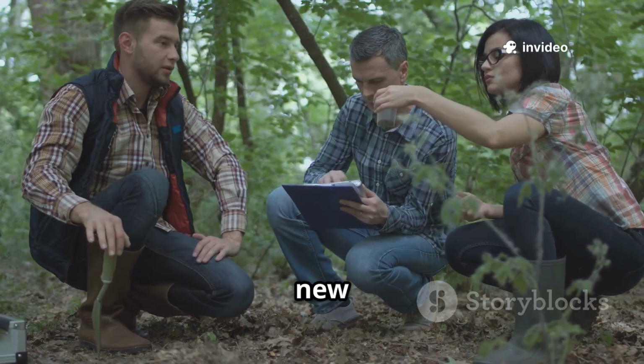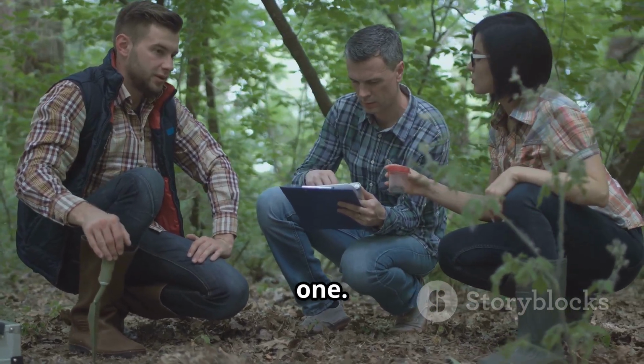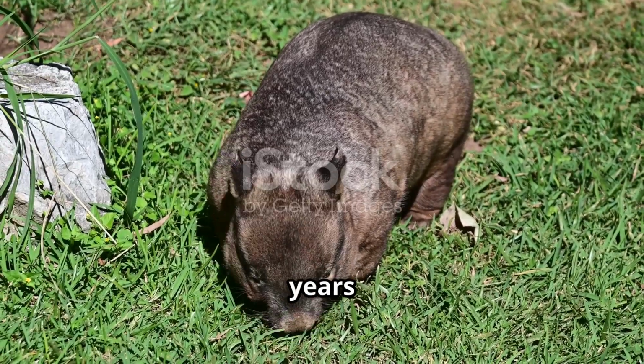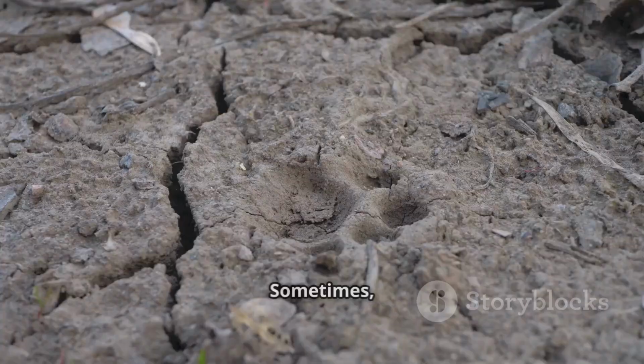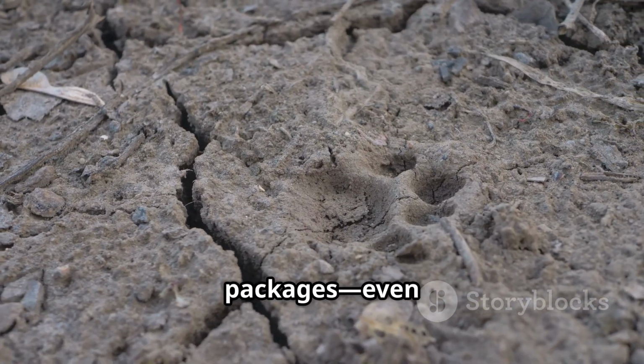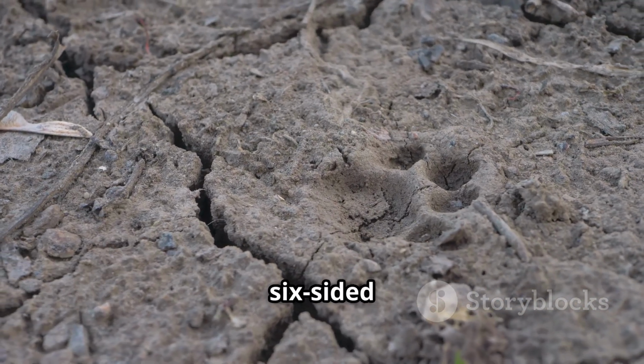Scientists are still uncovering new wonders, and maybe you'll make the next one. By protecting animals like the wombat, we preserve millions of years of evolutionary wisdom. Sometimes, the most memorable lessons come in the most unexpected packages. Even a small, six-sided cube of poop